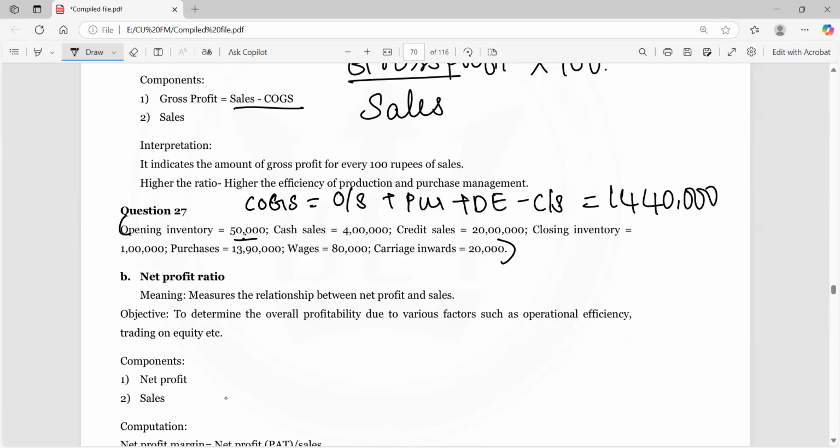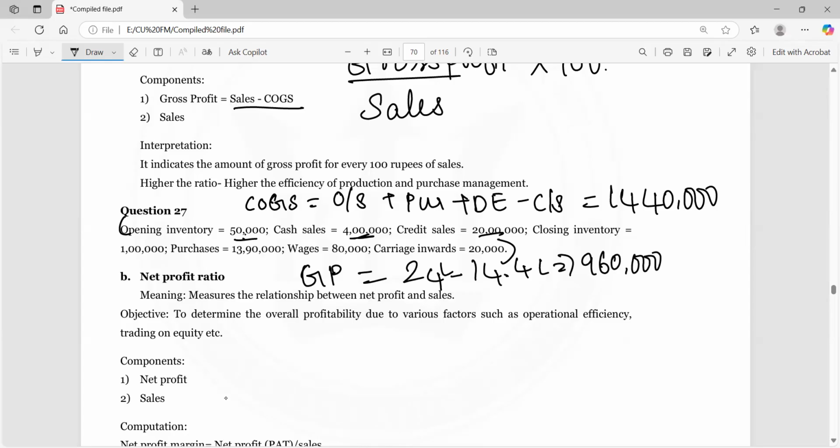Did everyone understand how we got 14,40,000? Right? Now calculate GP. What is the gross profit? Sales is cash sales of 24, credit sale of 20. So 24 lakh minus 14.4 lakh, we get